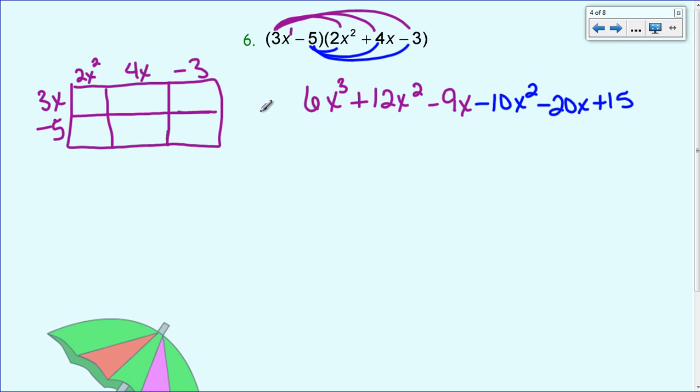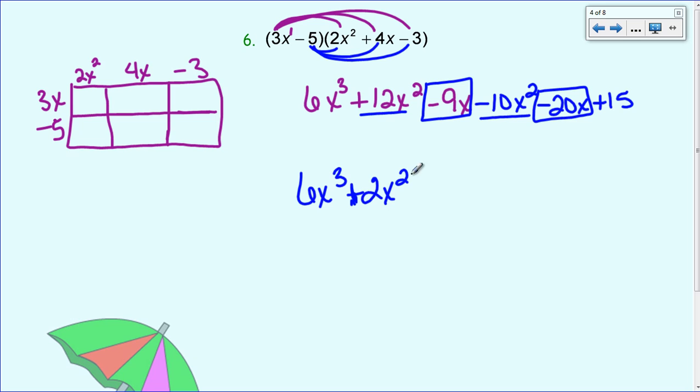Now let's look for like terms. I have 6x to the third and nothing to combine it with, so 6x to the third just comes down. Then I have a 12x squared minus 10x squared. Well, 12 minus 10 makes 2, so I have plus 2x squared. Then I have negative 9x minus 20x, and so negative 9 minus 20 makes negative 29x, and then my plus